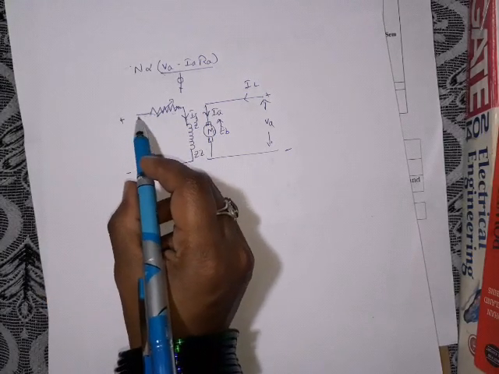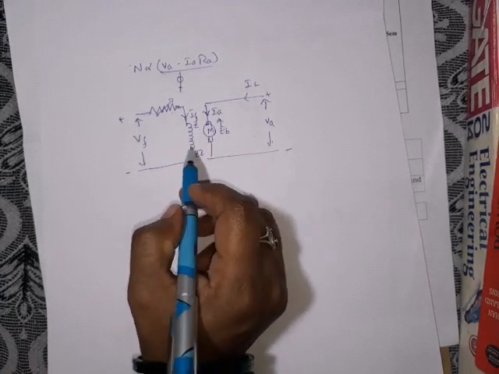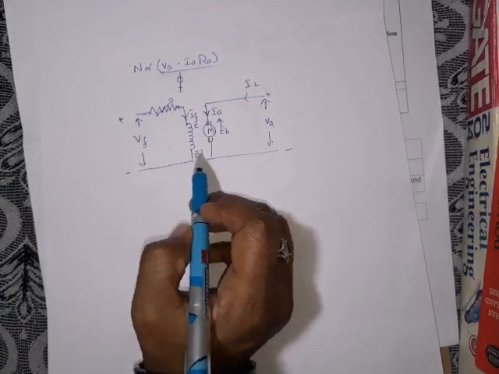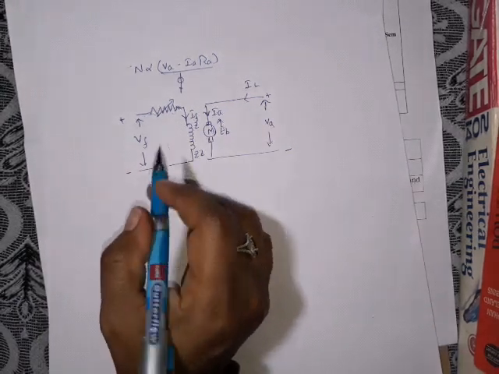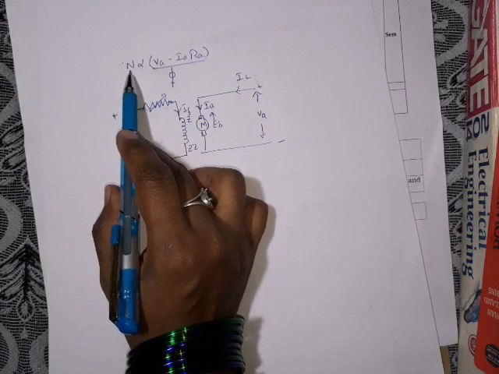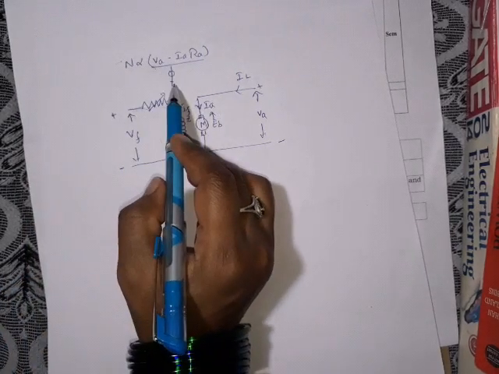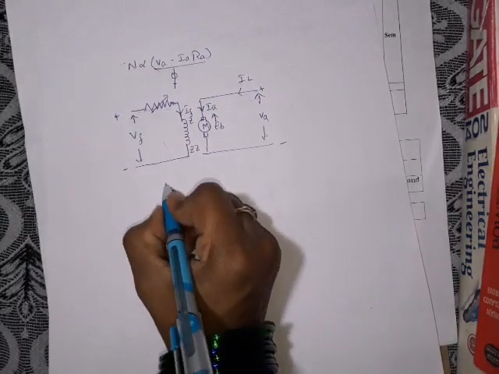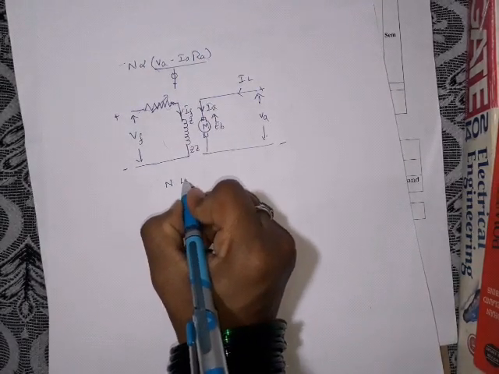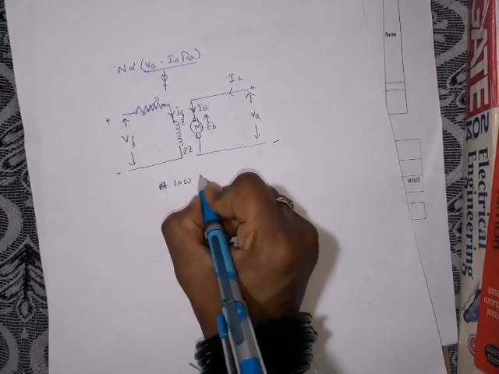Then what happens? The maximum current flows in the windings. When maximum current flows in the windings, maximum flux is produced in the winding. When flux is maximum, the motor runs at low speed. So the machine is running at lower speed. Now I need to increase the speed. Initially, the machine runs at low speed.